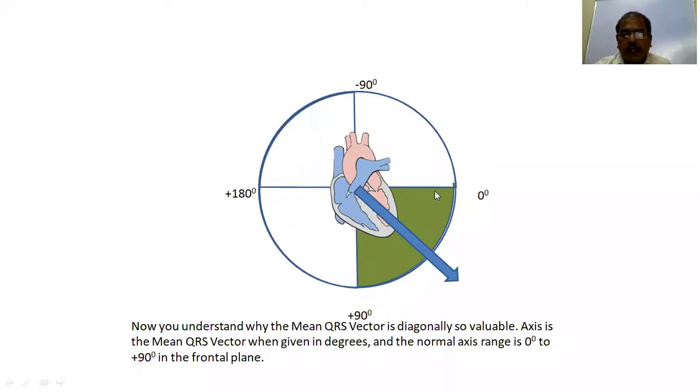So this green part is the normal axis. So if we divide this sphere into 4 quadrants, then this is the left lower quadrant. This one is your right lower quadrant. This one is 92 plus 180, the right upper quadrant, and this side is the left upper quadrant. So this quadrant approach we will now discuss.